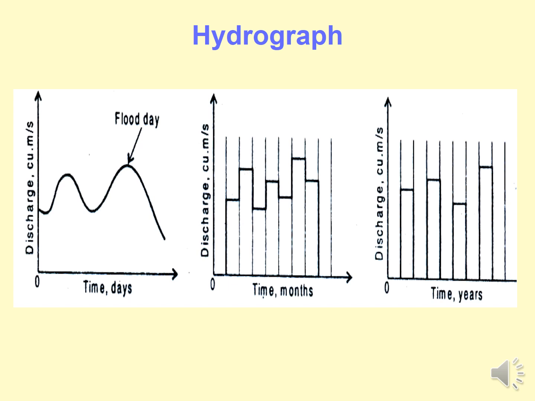So the highest one is called the flood day. So based on these floods, highest in this month, this may be some month, X month is a flood month. Highest rainfall in this year, it is a flood year. So on the x-axis we have time, days, months and years. On the y-axis it is in terms of discharge. So these hydrographs can be used for our detailed analysis for installation of hydroelectrical power.